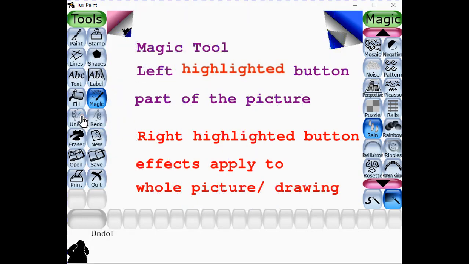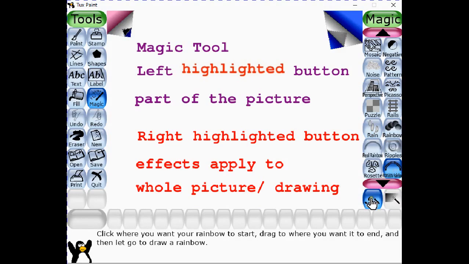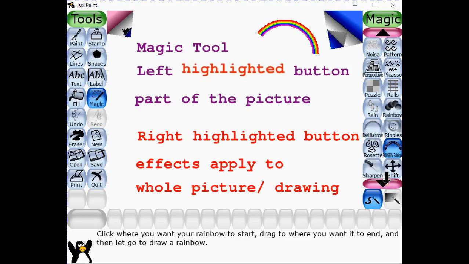Again I will select the undo option. Let me revise it again with you. The left highlighted button, like a rainbow, if I add, again it is a left highlighting. When I add, you can see I am applying a rainbow over here. I drew this one. Now if we move forward, we can see many options over here. There are a lot of fun effects even, and I want to show you that one as well.